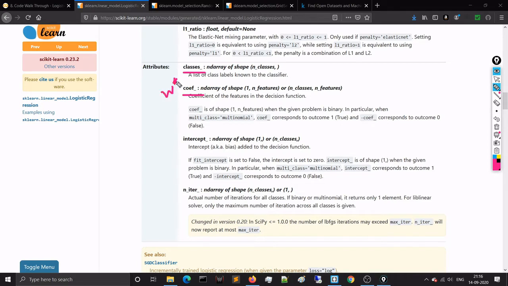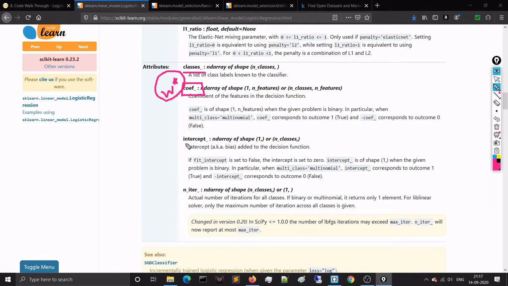In each and every video I have told you that training or solving the logistic regression optimization problem is nothing but getting the hyperplane, and the hyperplane is nothing but the optimal weight vector. This coefficient is the W star. Once you have trained your logistic regression model, using dot coef underscore you can get the optimal W, the W star. I will show you in practice right now.